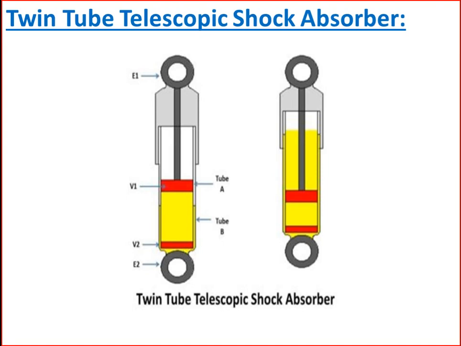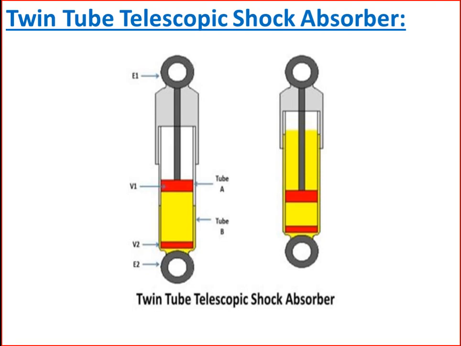The annular space between tube A and B is half filled with oil. There are two eyes of the shock absorber, shown by E1 and E2. E1 is connected to the chassis frame and E2 is connected to the axle. When the vehicle comes across a bump, the eye E2 tends to move upwards. Therefore, to absorb the bump, valve V1 starts to move downwards, which compresses the fluid trapped between the valve V1